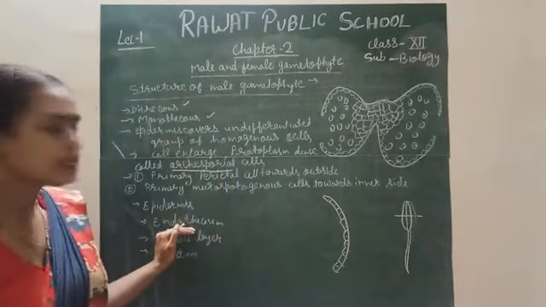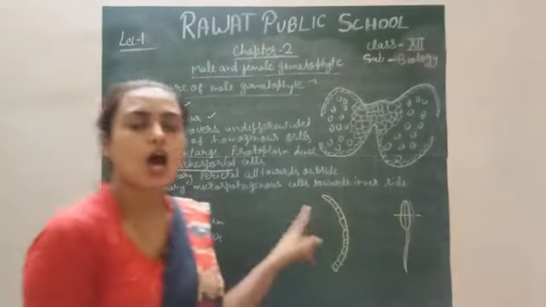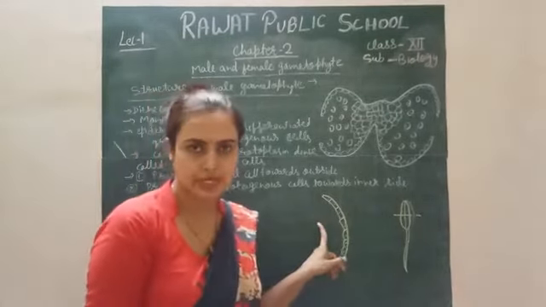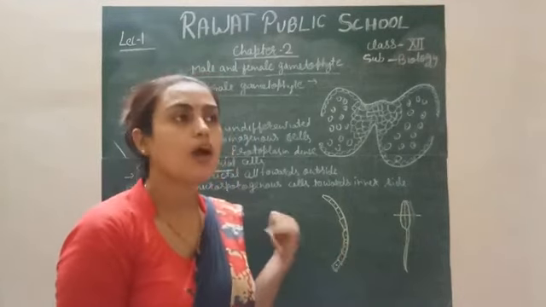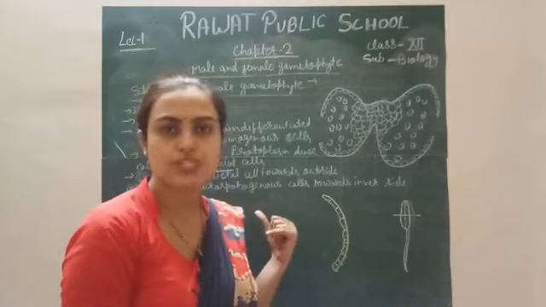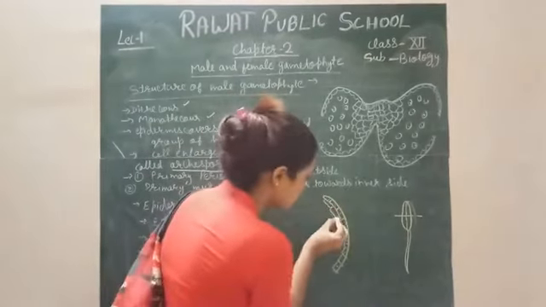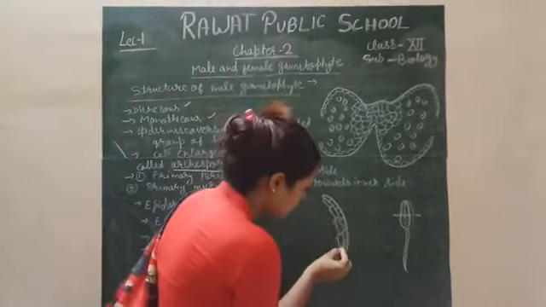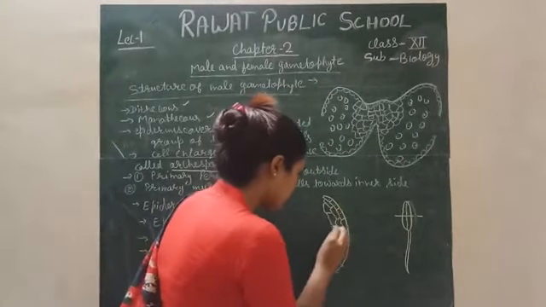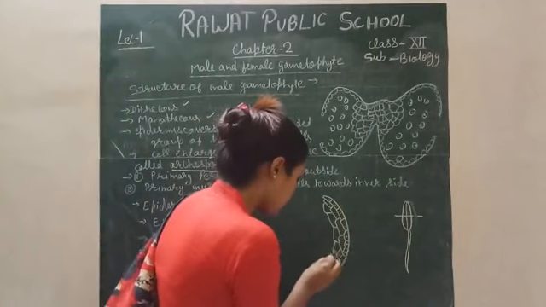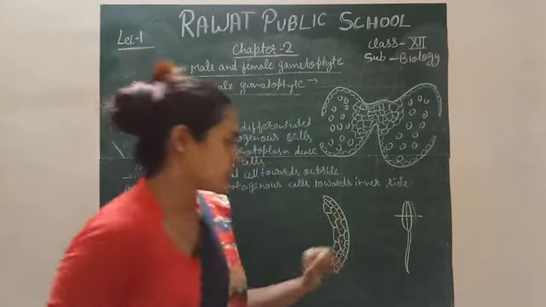Below the epidermis there is another layer, called the endothecium. It is thick as compared to the epidermis. The epidermis is generally a single layer of flat cells, but the endothecium consists of more than one layer. So the endothecium is present below the epidermis. They also have a nucleus present in all the cells. These are the endothecium cells.